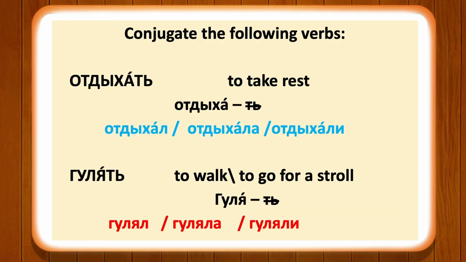Let us conjugate some more verbs in past tense. We can start with the verb addikhaj. Addikhaj means to take rest. When you remove the last two letters, the stem will be addikha, and to the stem you add the ending l, la, lo, li and form the past tense forms. So the past tense form would be addikhal, addikhala, addikhali. Ya ti on addikhal, ya ti ana addikhala,